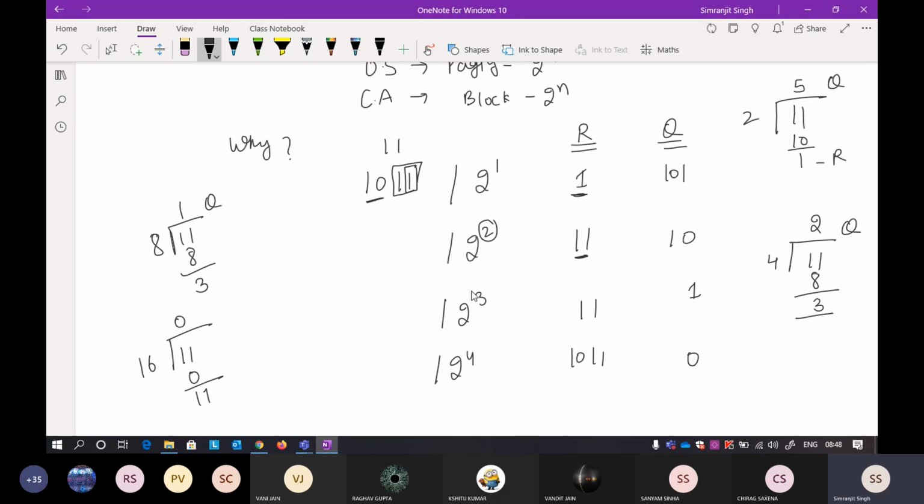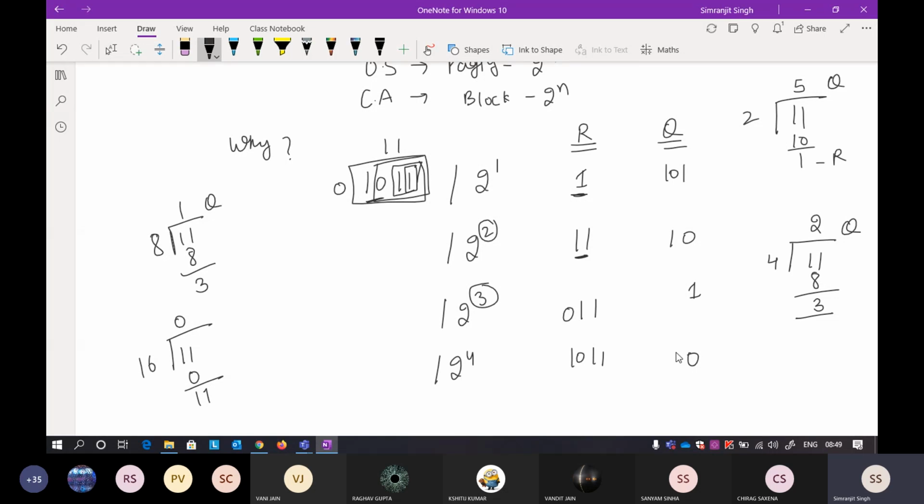In a similar way, when I divide it by 2 raised to power 3, the least significant 3 bits are the remainder here. So it is 0 1 1. You can think of it like that, because 0 1 1 or 1 1 is one and the same thing, it's 3. The remaining 1 bit is your quotient. In a similar way, when I divide it by 2 raised to power 4, the 4 bits are the remainder, and there is nothing remaining, so you can add a 0 to it. Whatever it is, your quotient is 0.